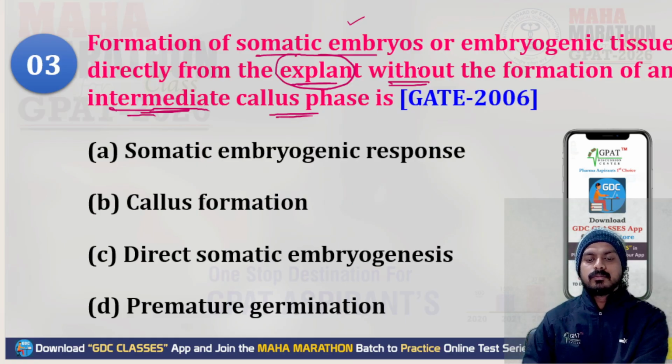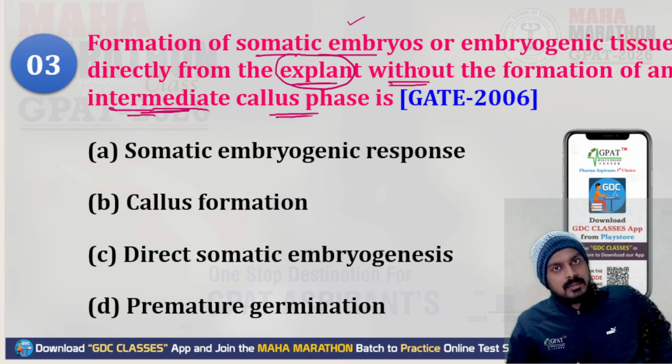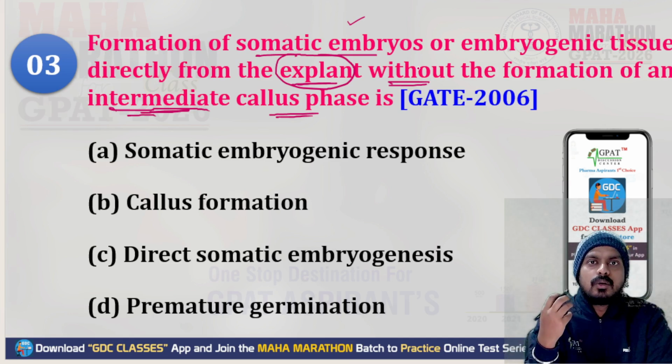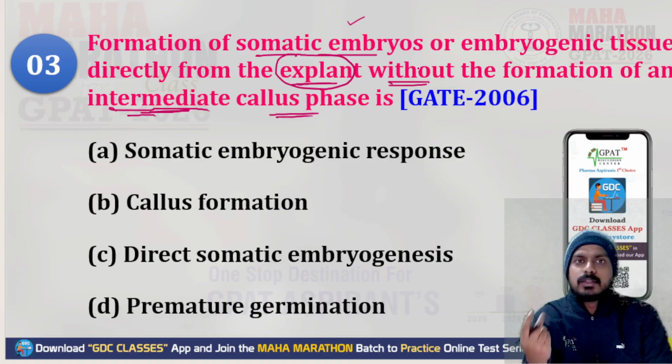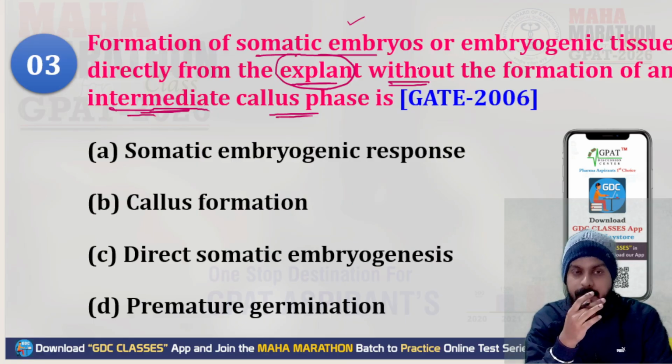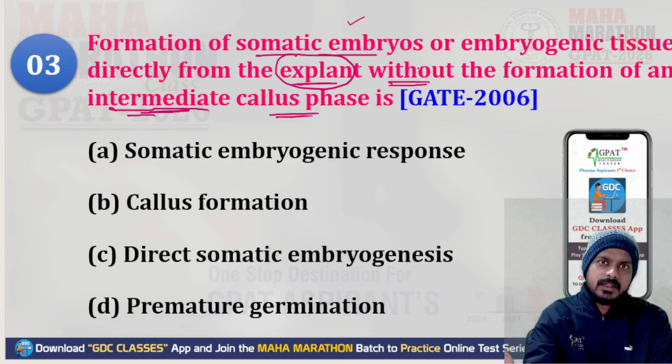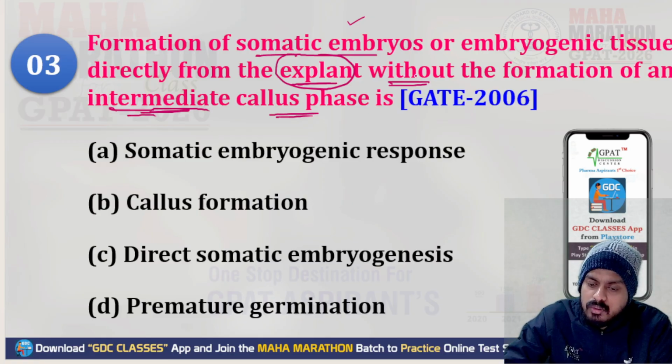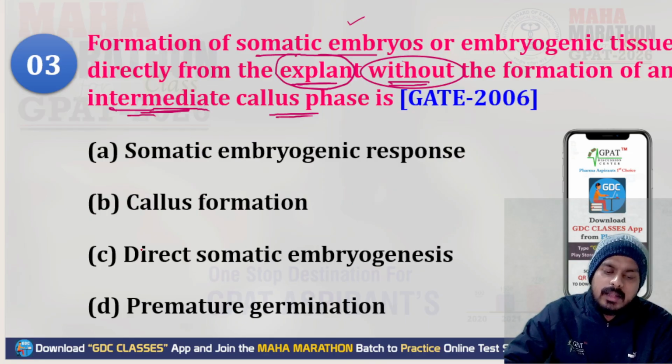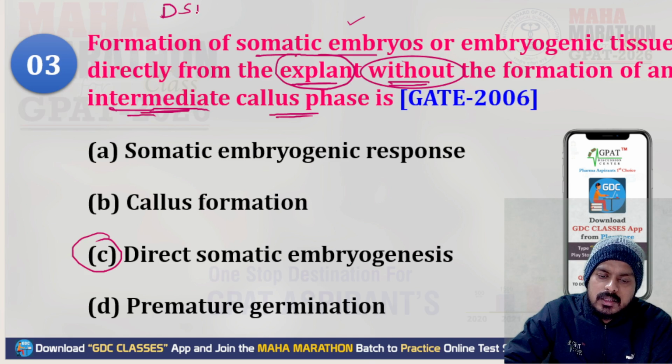Callus formation means the synthesis of an undifferentiated, unorganized mass from an explant. But in callus culture, you will find different intermediate steps, whereas the question asks about formation without any intermediate. When the question says you do not need any intermediate, that is called direct somatic embryogenesis. Please remember we call it DSE. Direct somatic embryogenesis is the formation of a somatic embryo